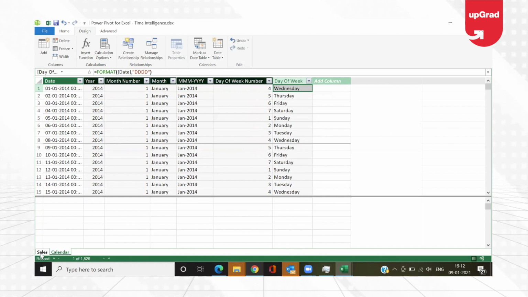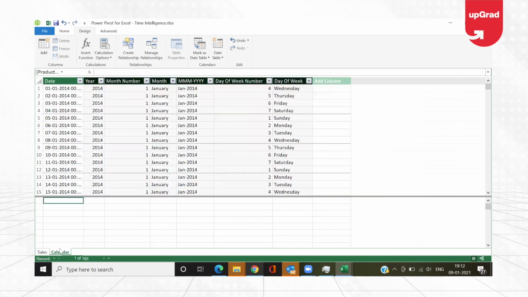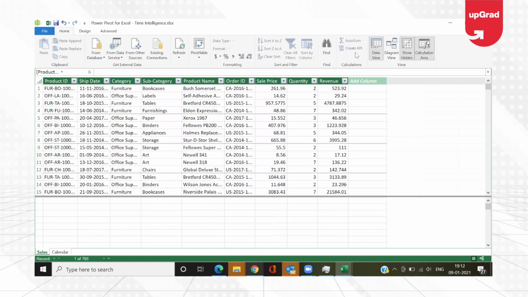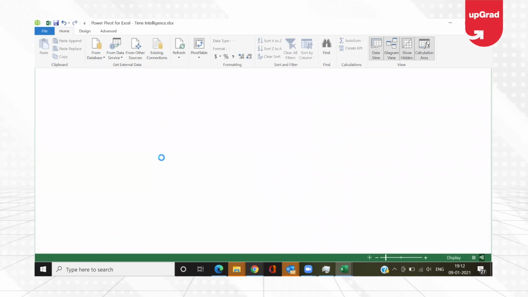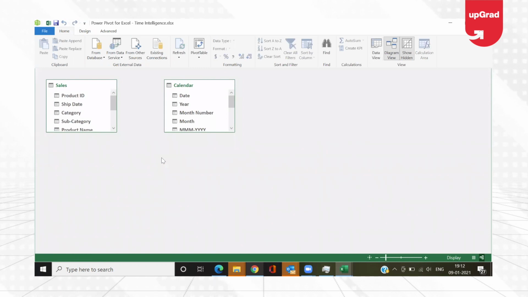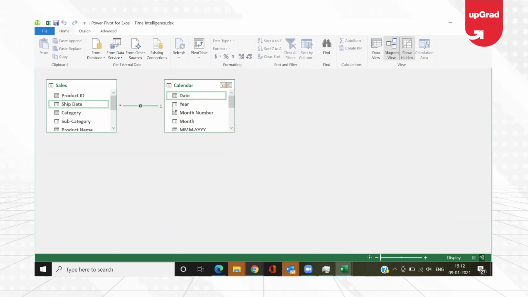Now, if I need to create a pivot table to see these dates, you can easily go back and first create a relationship between the two. Now that this new calendar table has been created, it is very simple to create a relationship between the two. How are you going to create a relationship? Simple, just the date with the date. So I'm going to create a relationship between the date and the date.